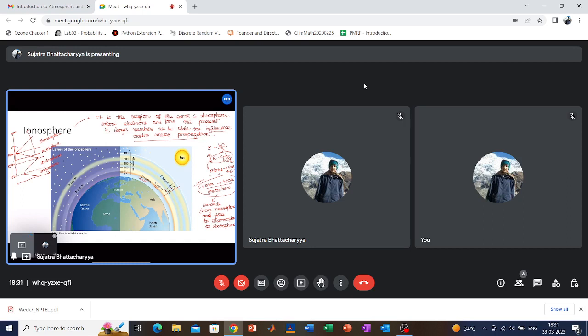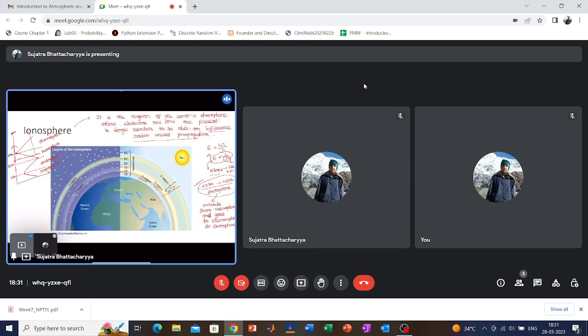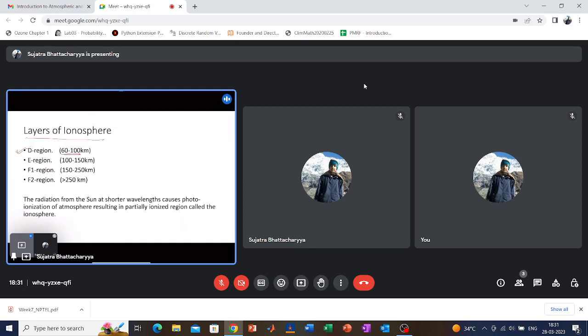Fine. Now, in depth, the ionosphere layers. You can see here the layers of the ionosphere. First is the D region. What is the D region? It spans 60 to 100 kilometers. As you can see here, this is the smallest part. This one is actually the D region. Now how this D region is created, I will come to this. Next is the E region. Actually, based on the ion concentration, let me write,